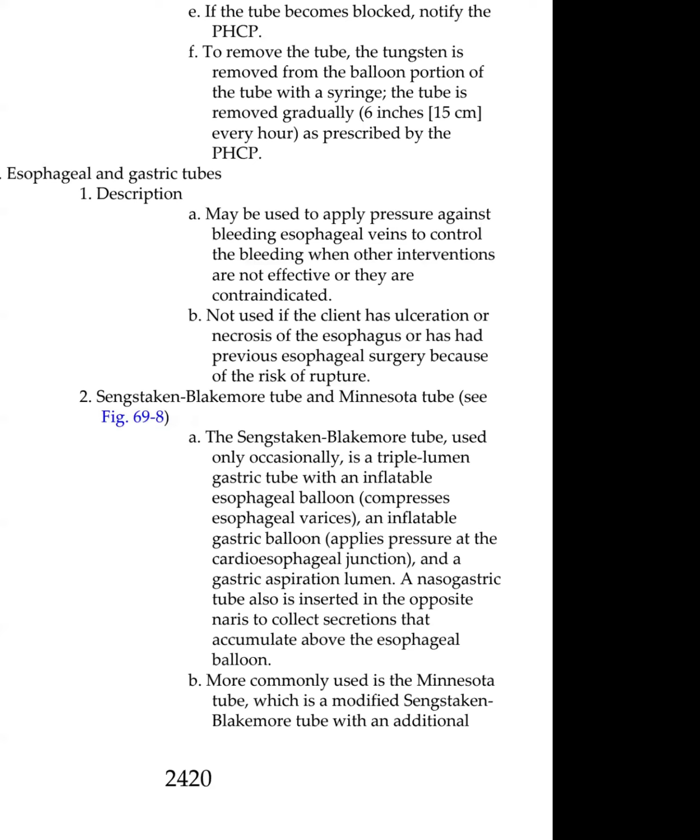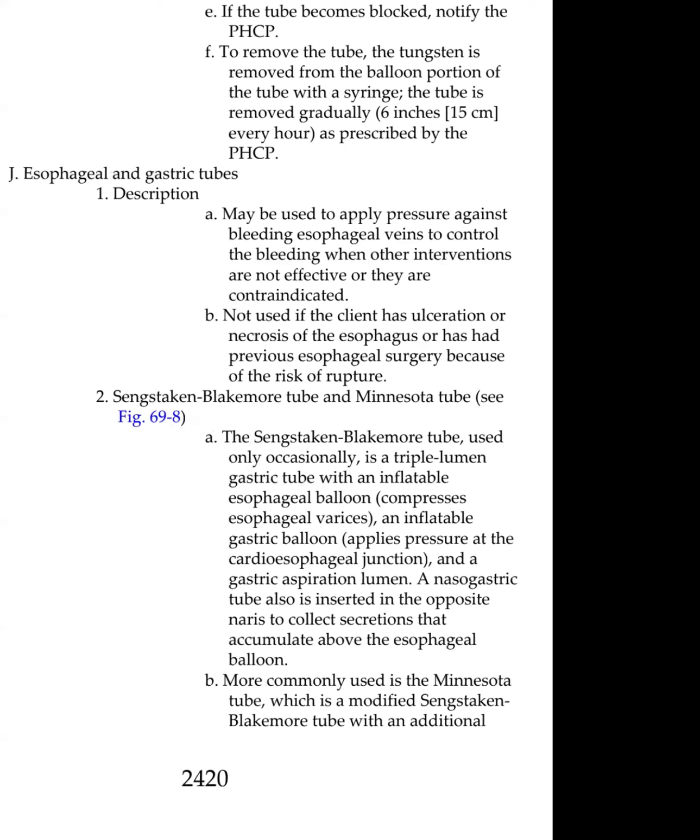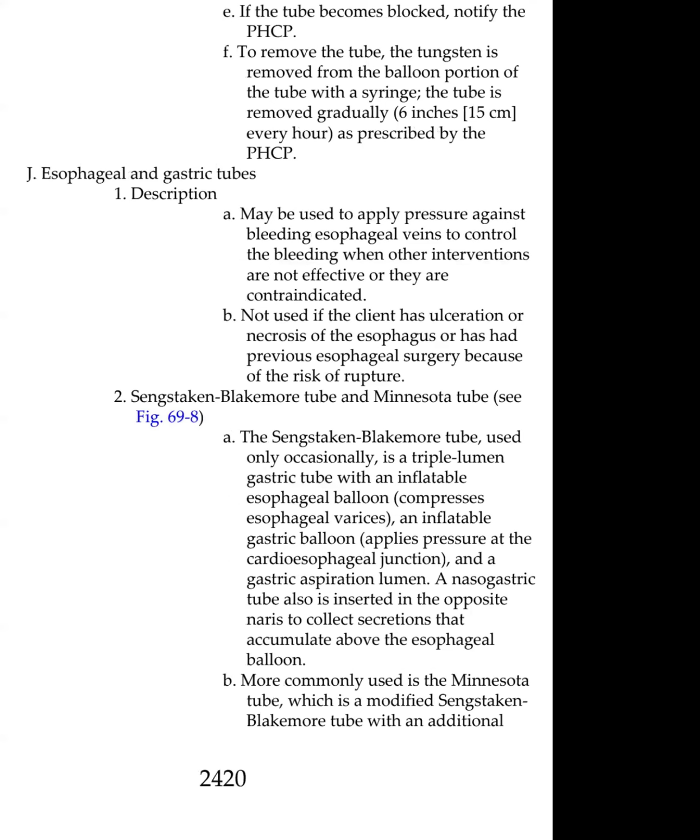There is an inflatable gastric balloon that applies pressure at the cardioesophageal junction, and a gastric aspiration lumen for aspiration. A nasogastric tube also is inserted in the opposite nares to collect the secretions that have accumulated above